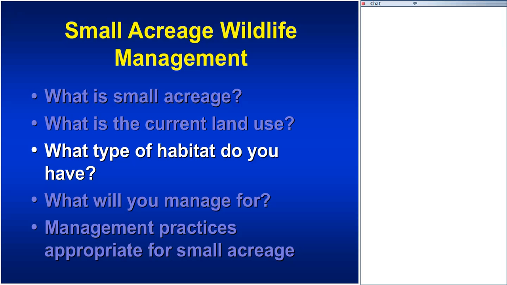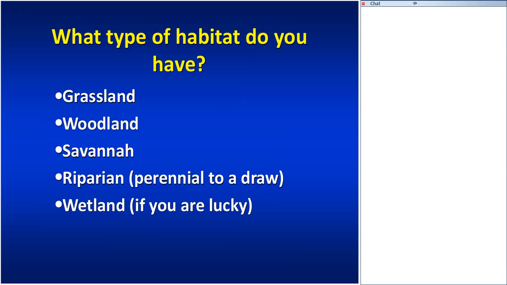We might divide this up. This is kind of just broad categories: grasslands, woodlands, savanna, which is more of an open woodland. It's often, where's the dividing line between grasslands and savanna, or a savanna and a woodlands, and it just has to do with how many trees there might be on the property, so in a particular area. A savanna, you might just think about it as an equal mix of mature trees and grass